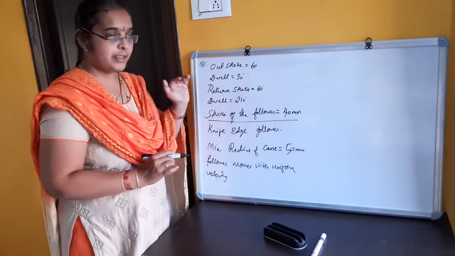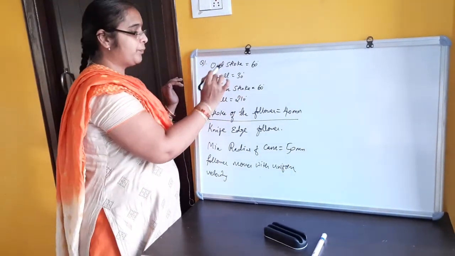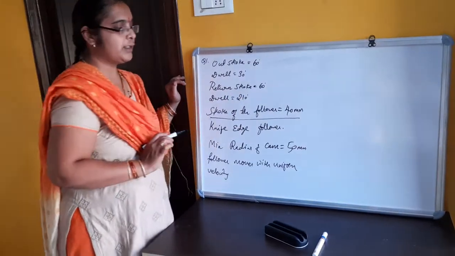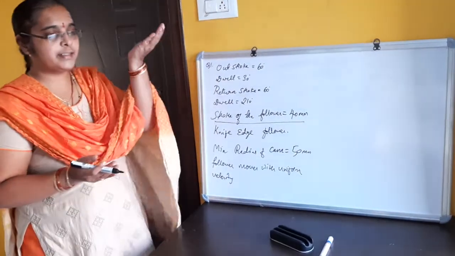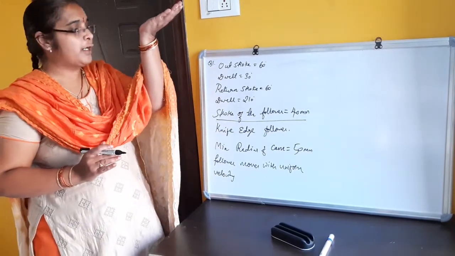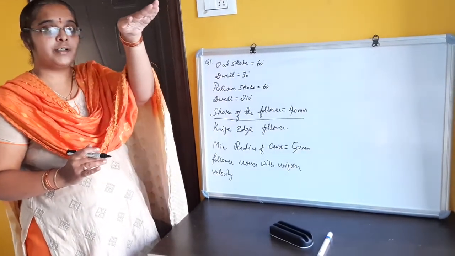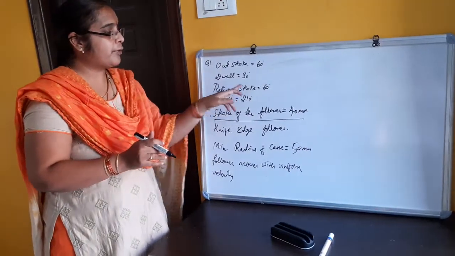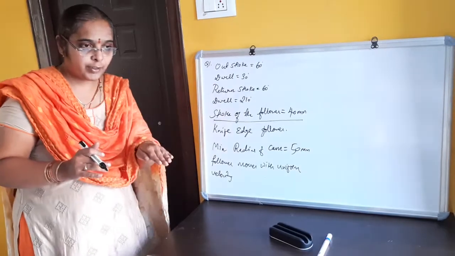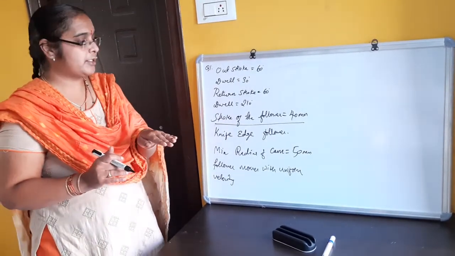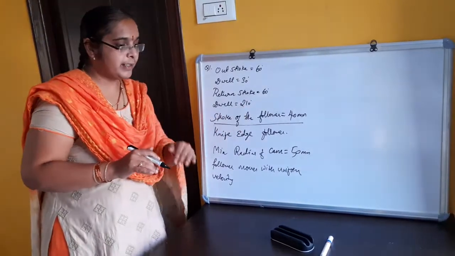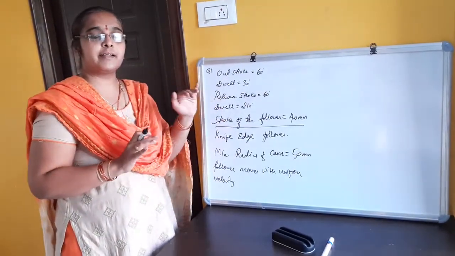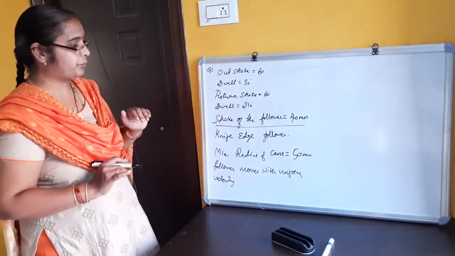So the data given is outstroke angle is 60 degree, dwell is 30 degree, return stroke is 60 degree, and again dwell is 210 degree. Outstroke means the follower moves upwards. Dwell means it remains at the same position for 30 degree rotation of the cam, and again when the cam rotates by 60 degree, the follower is going to move downwards, a return stroke, and for the remaining 210 degree of rotation of the cam, it will be under dwell. That is nothing but it is under rest.